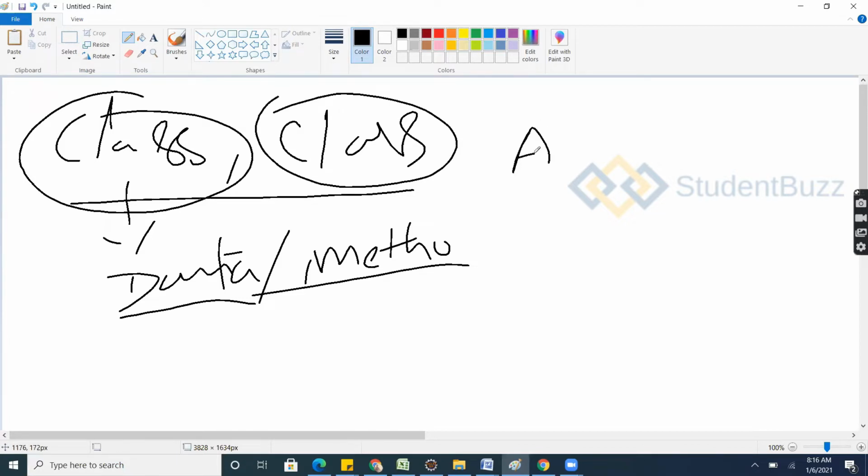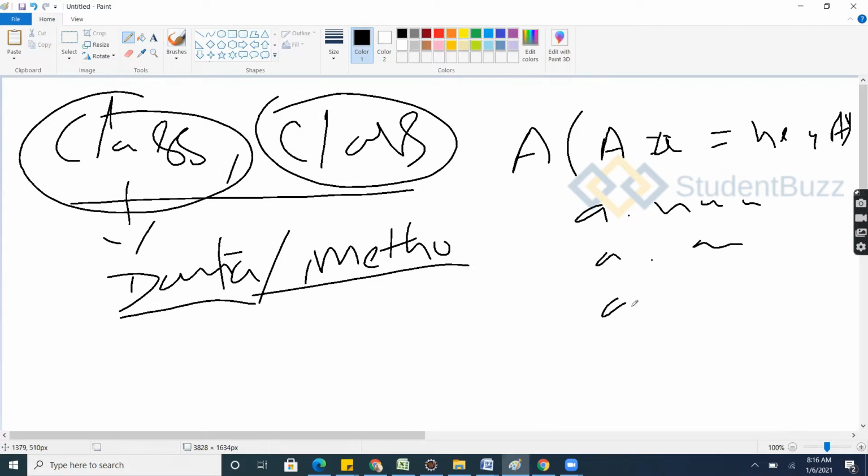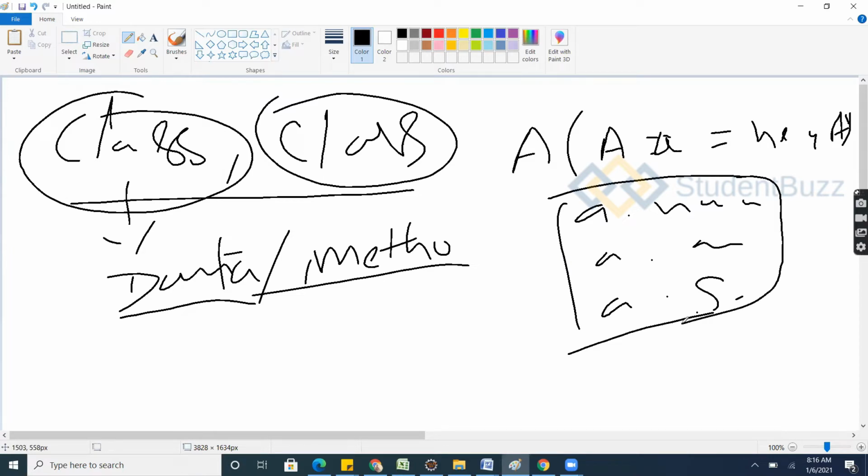For example, a class A, and what we did, variable is equal to new A. By this, a dot name, a dot is, a dot speak, whatever it may be. We used it yesterday, right? Like this, we used it.